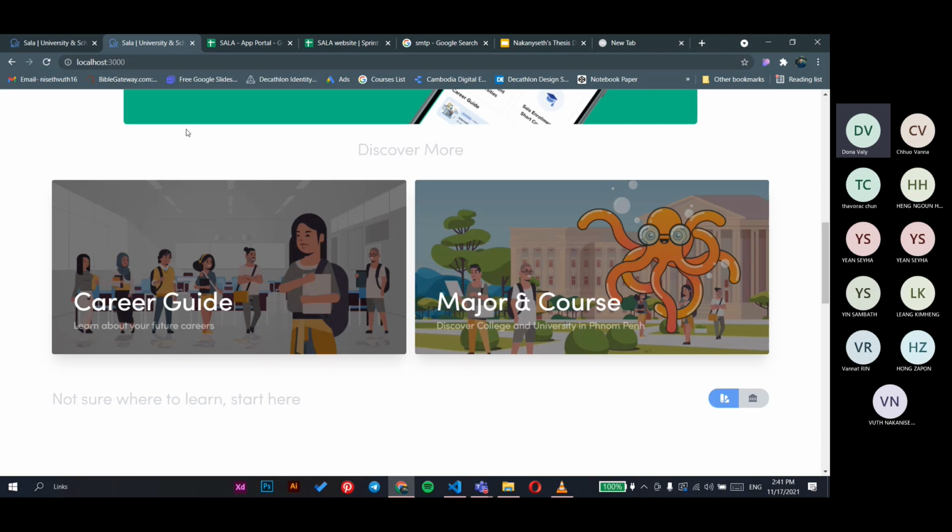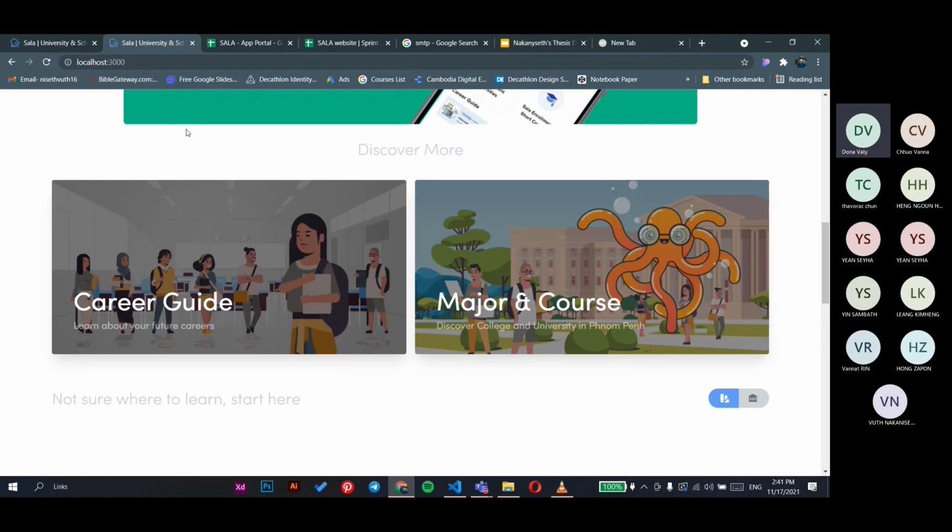So the user can request for articles. I'm not sure, on the website there are many articles, and the user can request for articles. So what will be the content that the system sends to the user?